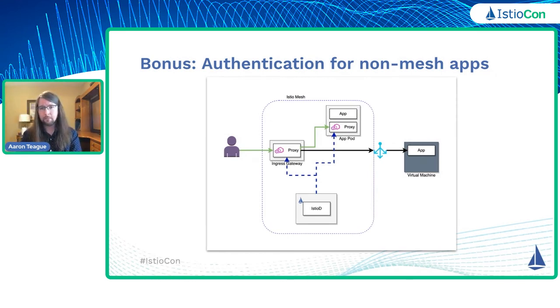But what if we have another app in a virtual machine or something similar that's not part of our mesh? The things in this mesh could, in theory, talk to the thing in the virtual machine, but not from the outside world. We want to add some sort of authentication and authorization to this, but we don't want to put it into the app itself. Well, if we already built the solution in the ingress gateway, and the proxies are just proxies,